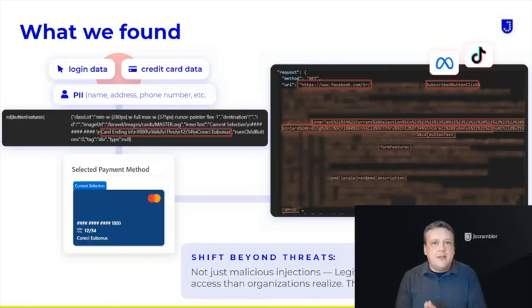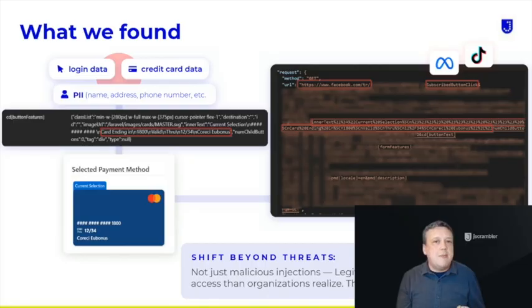So build time visibility does not equal runtime control. That is the gap. Your SBOM covers the left side of that conveyor belt that we looked at, but everything happening on the right side in the browser is invisible to it. And that's where the data exposure is actually occurring. That's the shift beyond traditional threats that I want to emphasize.